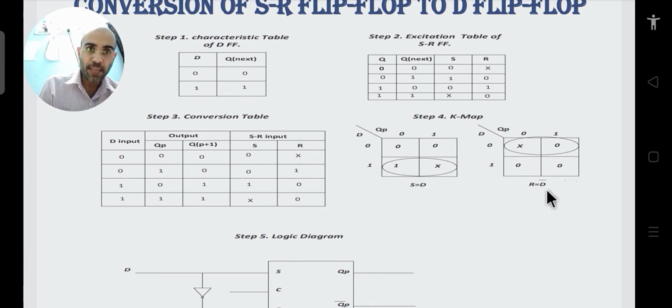I will take the other input, which is R, and we fill up the entries. So you can see again the entries are the same, 0 0. Okay, so these are the blocks. D and QP become the input, and we write it for R. So R is like, when both the inputs are 0 0, we mark a cross. When the inputs are 0 1, at that time, although in the table it is written 0, it should be corrected. It should be 1. So please correct it and make this 0 as 1.